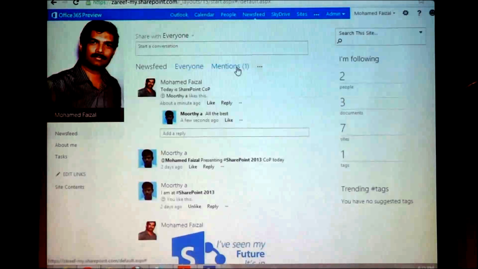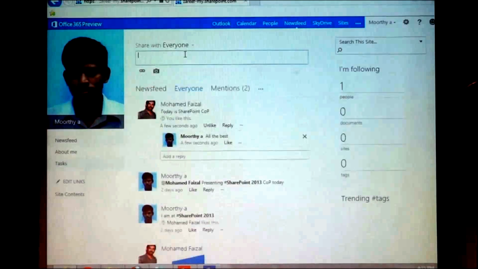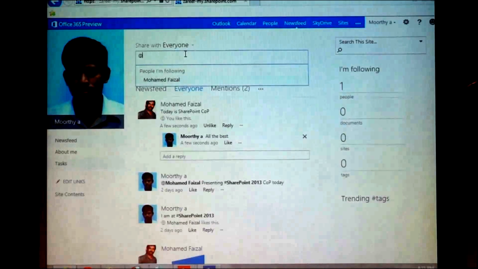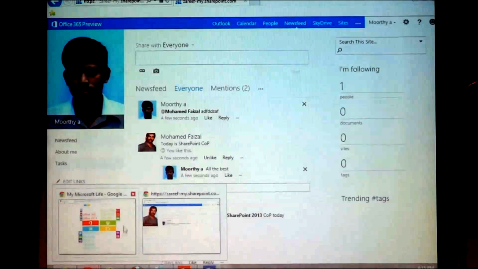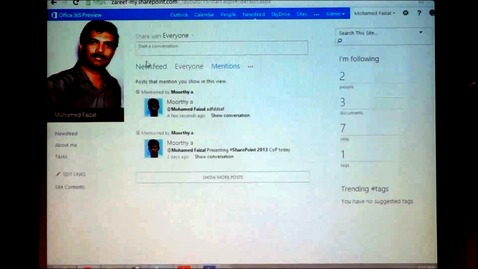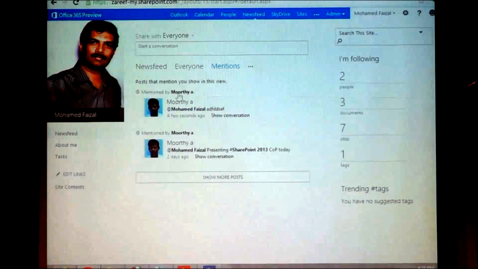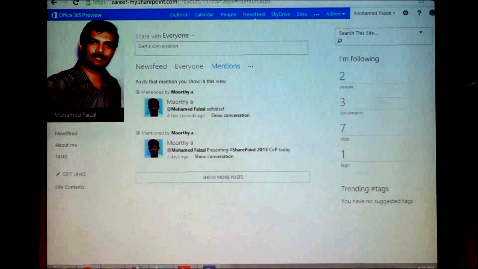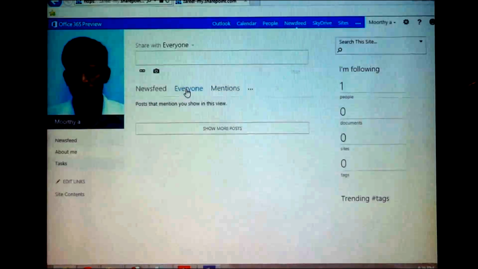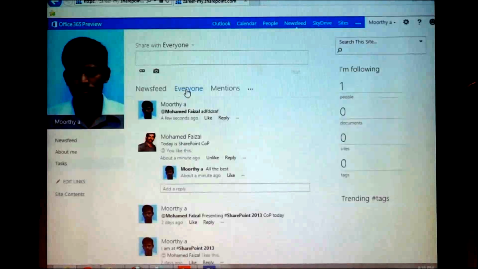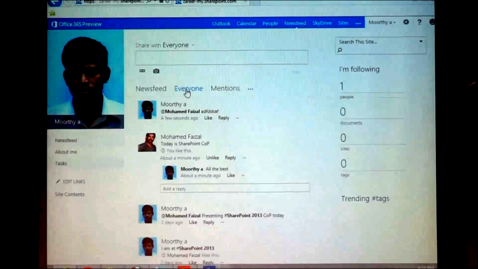Then you can also say that if somebody mentions me in their post, for example, if you use the at sign and then a name, it will tell me that Murthy mentioned you once. So how many times people mention me will come in the bracket, for example here mentioned 2 times. This is the number of people mentioning you across the board. The moment they use at your name, it can tell you who actually mentioned you.